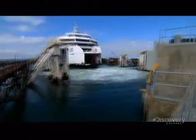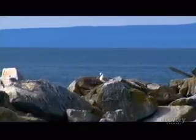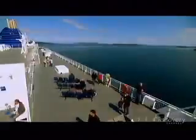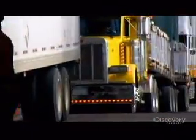This is a Super C-Class ferry, a vital transportation cog working the coast of British Columbia. With way too much water for a bridge between the mainland and nearly 1 million residents who live on these islands, ferries are the only practical way to move thousands of people, their vehicles, and countless goods back and forth every day. This 160-meter, 10,000-ton ship can haul almost 2,000 passengers, 370 cars, and 32 tractor-trailers at the same time,